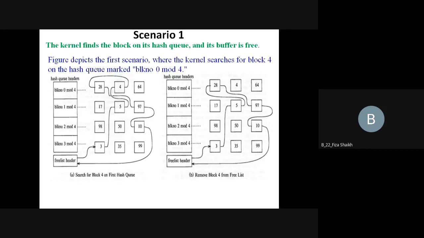Can it come back from the same buffer? It will find the fourth buffer, then again it has to point to the other one. According to you, if the fourth buffer is allocated to the process execution, and again the kernel wants to search for the fourth buffer, but it is busy right now, so it will check the next free buffer. So there is scenario second.